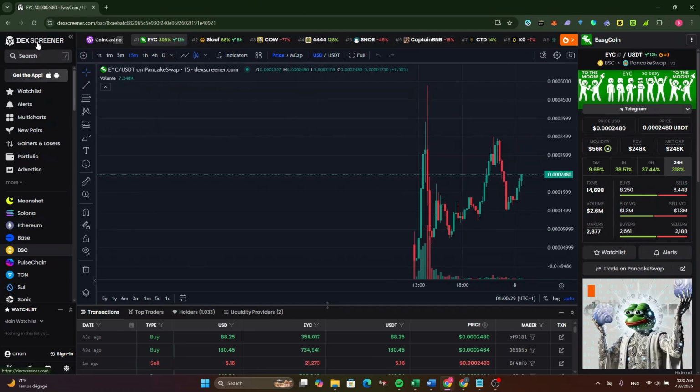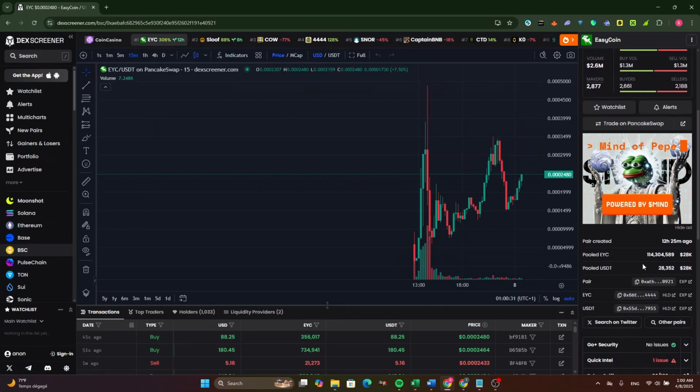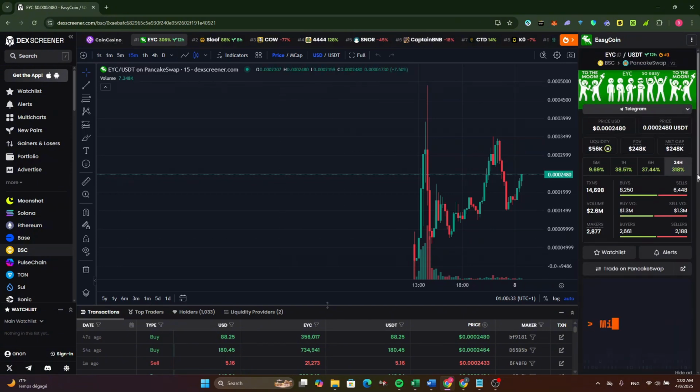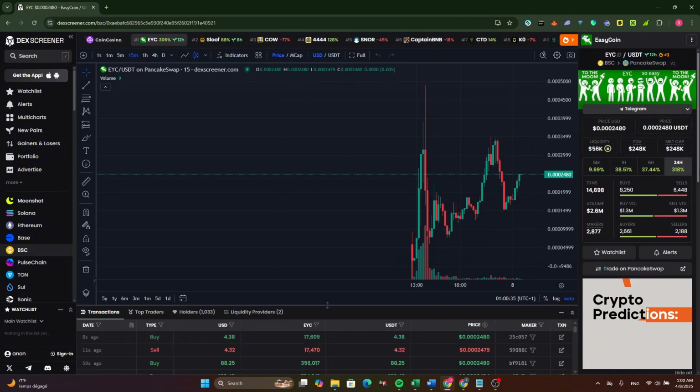And as you can see, this token is available on the screener. It was created 12 hours ago and increased by 300% in less than 4 hours. Now, as you can see, to be able to buy this token, just click here to copy the token address